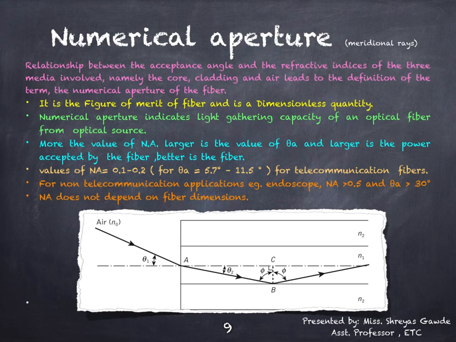As you can see in this image, a ray of light is incident on the fiber core at an angle of θ1 to the fiber axis, which is less than the acceptance angle for the fiber, that is θa. The rays enter the fiber from the medium of air with refractive index n0, and the fiber core has a refractive index of n1, which is slightly greater than the cladding refractive index n2. Now let us move ahead for the derivation of this numerical aperture.